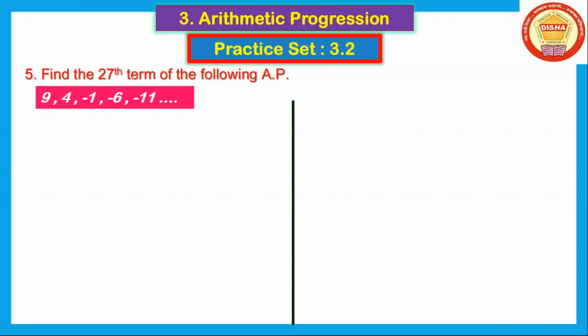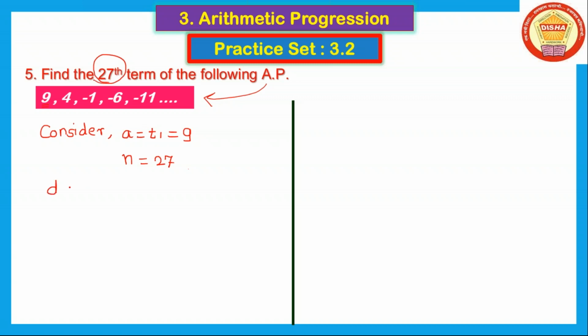See what is the question. Find the 27th term of an AP. Means that the given sequence is an AP. From this one we consider the terms which are related with the formula Tn. So we write here A, which is equal to T1, the first term. If we see in the sequence or in the AP, A is equal to 9. And we have to find the 27th term. Therefore, N is equal to 27.